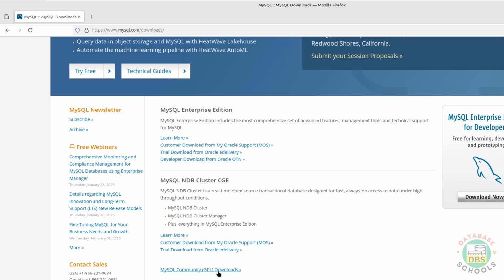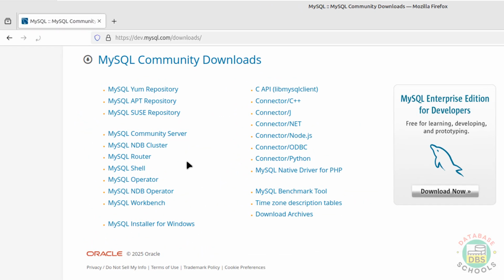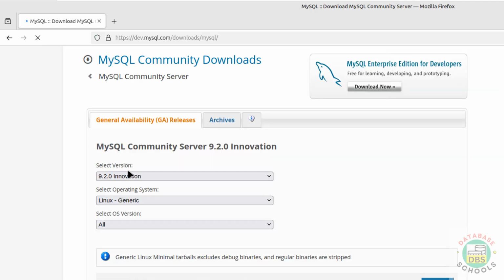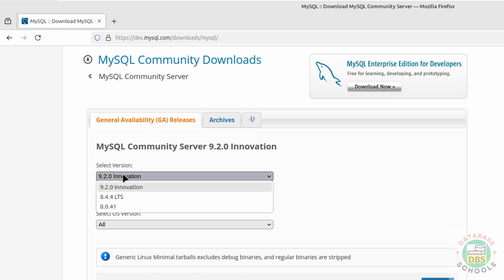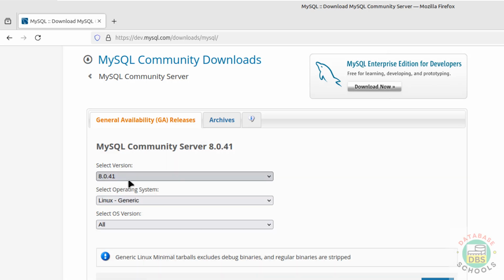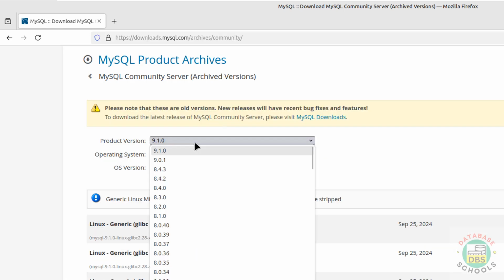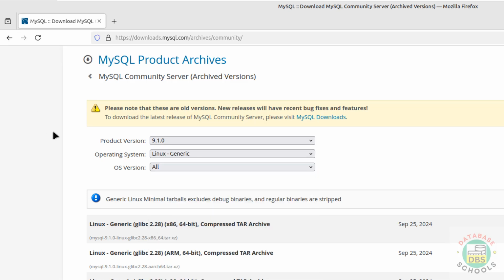then click on MySQL Community Downloads, then click on MySQL Community Server, then select the MySQL server version. See here we have the 8.0.41, but if you are unable to find this version when installing, you can click on archives. See here we have the older versions. So go back to the previous page,